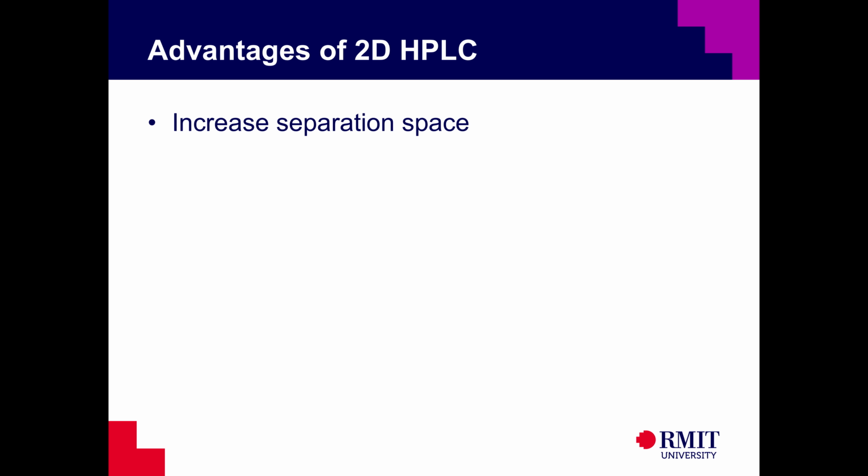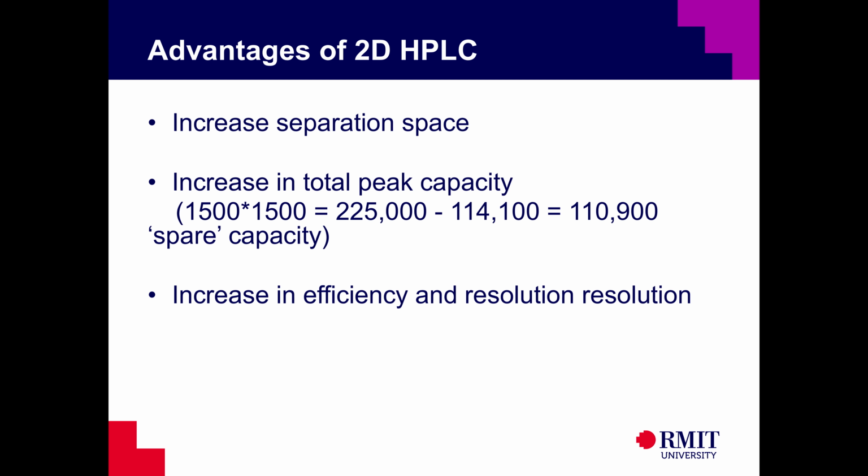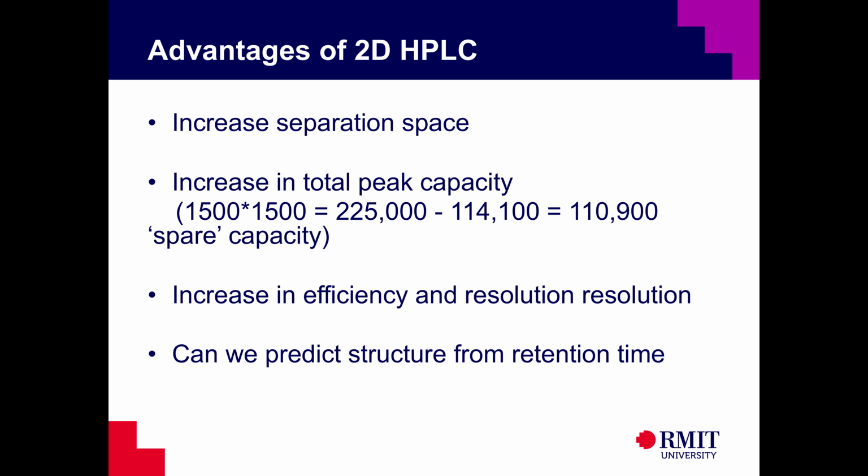So with 2D HPLC, you get an increase in separation space, an increase in the total peak capacity. So for example, we said the theoretical maximum was 1,500. If it was 1,500 times 1,500, that gives you 225,000, which is almost 111,000 more than you need to collect to pick up all of the metabolites in the HMDB database. It's also faster, so you don't have to have days worth of sampling, and it has also an advantage that